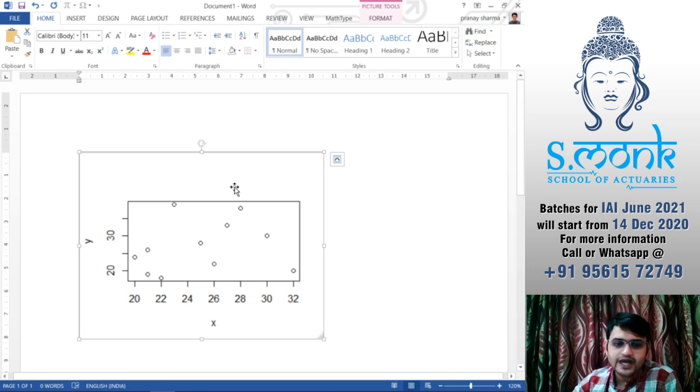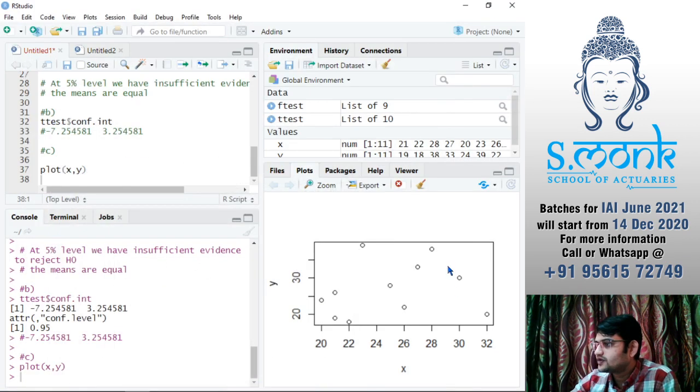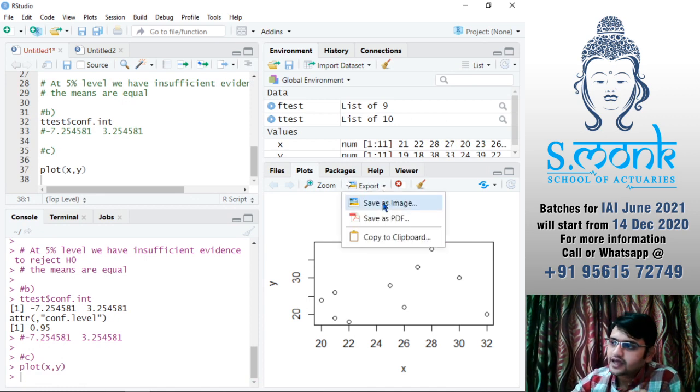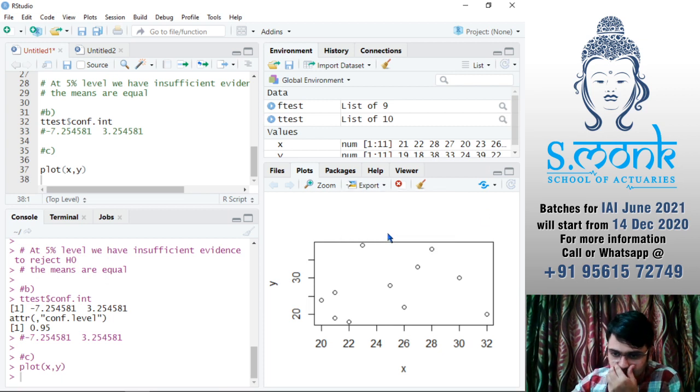But sometimes it does not give you a very good size, or it does not give you the correct design. It may happen. So we have two options. Remember, one would be that, the other would be export, save the file somewhere and then import it in your Word or copy paste it in Word afterwards.